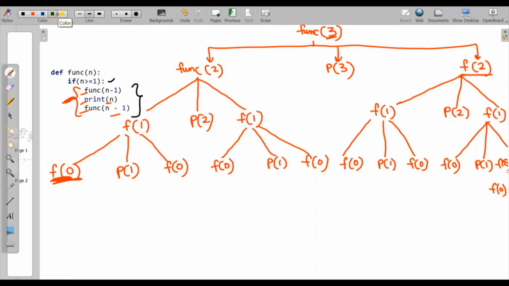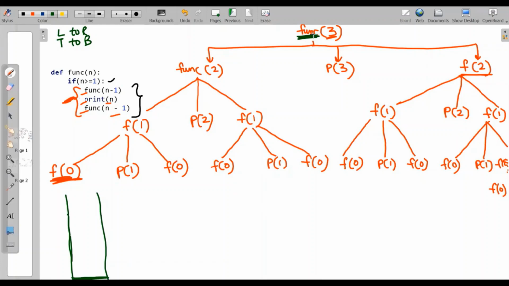Now let's see how recursion actually works here. So we will go from left to right and top to bottom, as I told you in the last video also. So here we will start with the top, which is func3, and it is a recursive call, and we will make a stack. So this is func3, which is a recursive call.